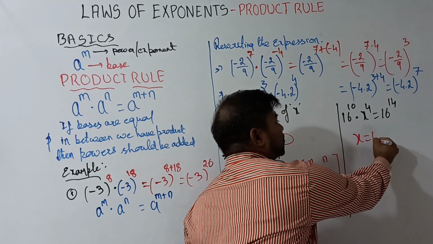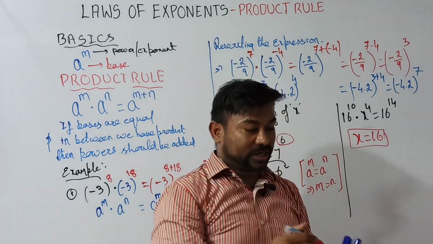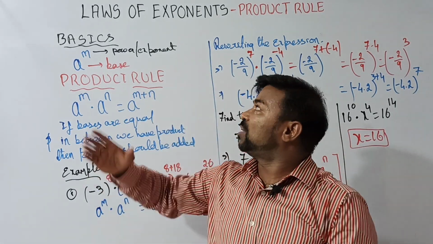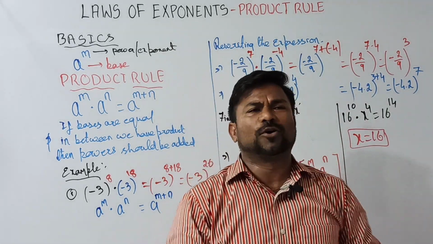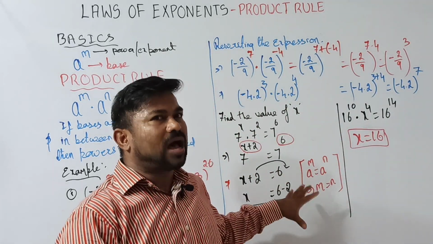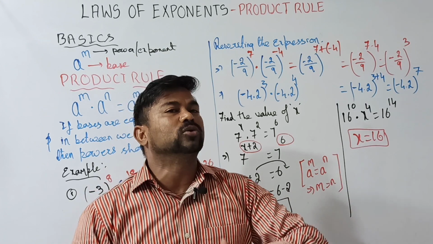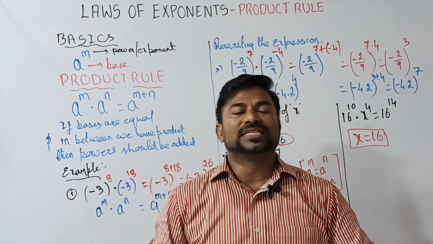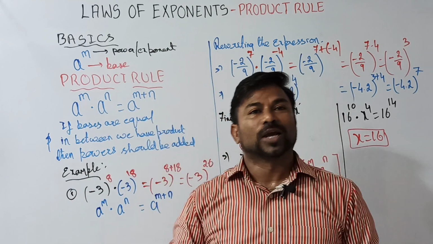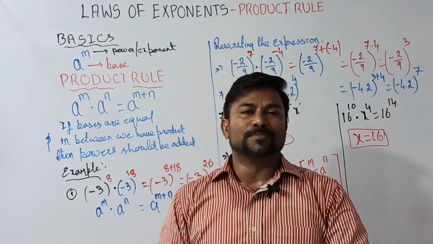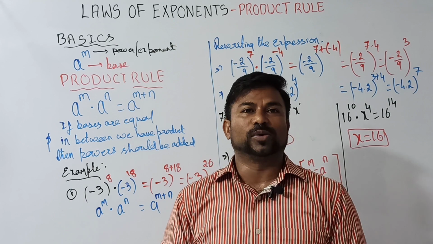x equals 16 here. Okay guys, I have explained the laws of exponents with the product rule. Of course, in between one more is there. I will explain this one, the other formula, in the next video. But this is how to get the value or use the product rule here. Hope you are able to understand. I'll get back with one more formula in the next video. Until then,